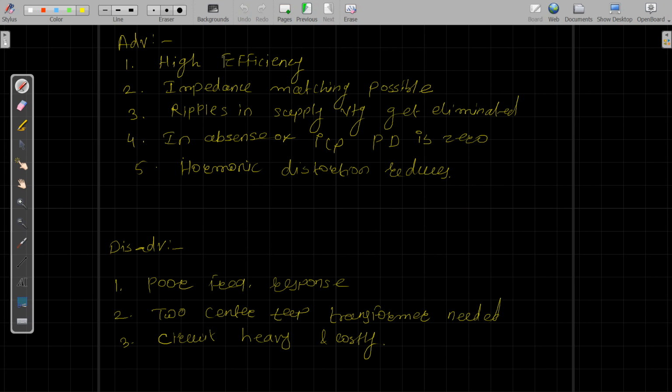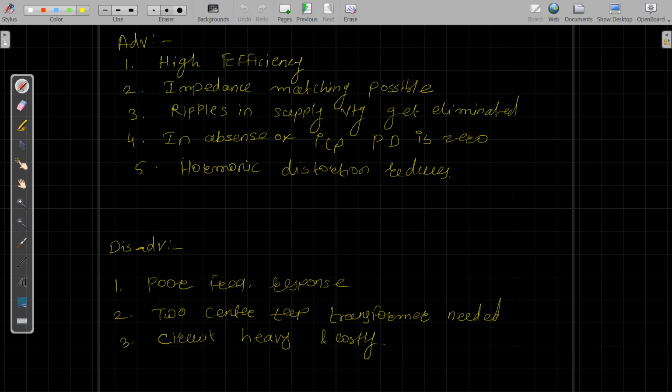And what we know at the last is, the DC current components which are flowing are in opposite direction through your primary windings, and therefore there is no possibility of DC saturation of the core, because we have assumed that the windings are ideal. Because of that the resistances are zero, and therefore no wastage of power. And one more interesting thing is, whatever ripples are there in your supply voltage will also get eliminated if we go for class B push-pull power amplifiers.